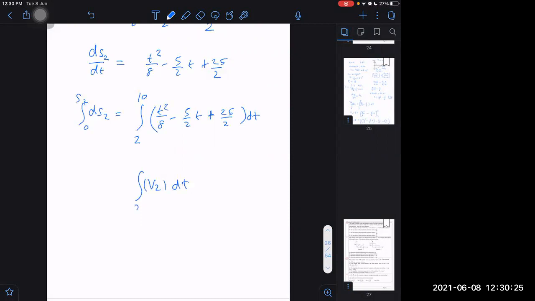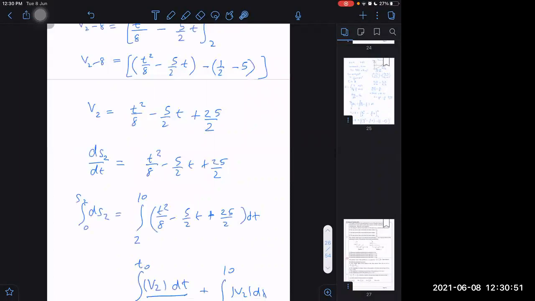Now you may think that also will be the same thing. No, it may not be the same. If I have to integrate v2 into dt, I have to split this 2 to 10 interval in 2 times. One time is 2 to some other time t0, then again t0 to 10, v2 dt. This way I have to take. Why? If velocity is becoming 0 at t0, if there is some time in between 2 and 10 when it is becoming 0. Does it become 0 at any time or not? We have to check it first. If I put v2 equal to 0, what time do we get? We have to check that thing also.